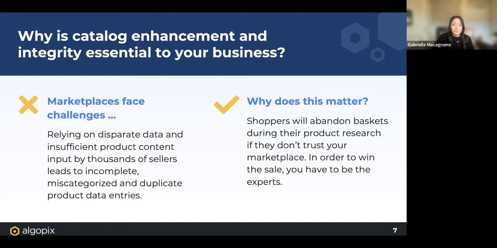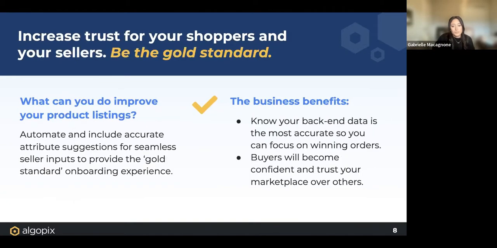It's the latter. Our team has heard from one of the top marketplaces in the world that on average, over 25% of sellers' submissions are declined due to insufficient inputs because they require too much from sellers. So this will create inconsistencies from the start. Now, looking at an illustrative example,